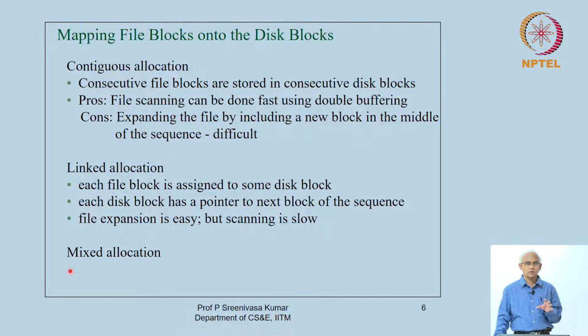A block is a unit of data transfer from the disk to the main memory, and these are random access devices. So you give a block address, and the disk controller will be able to give you a block of data, which is usually something like half a kilobyte to about 8 kilobytes, into memory